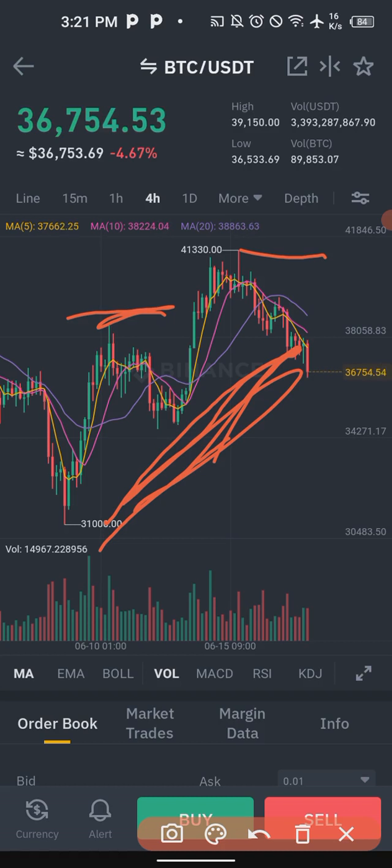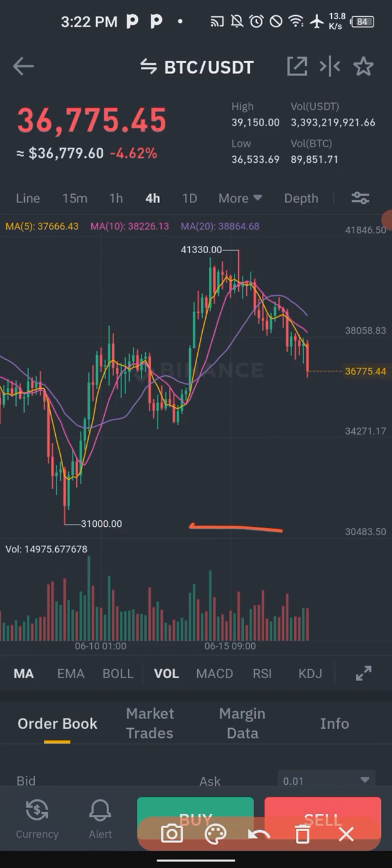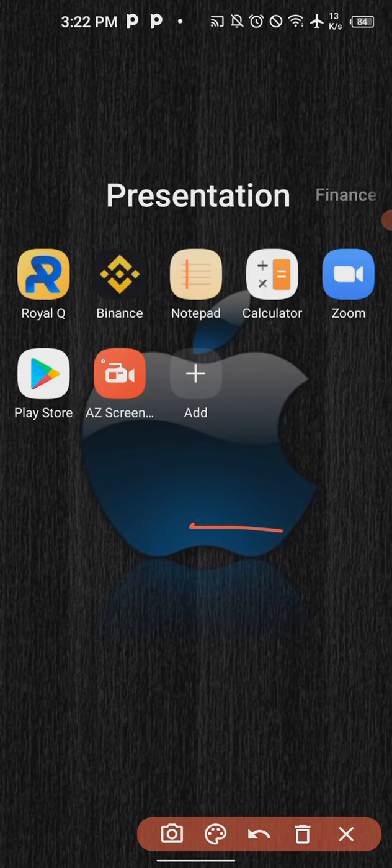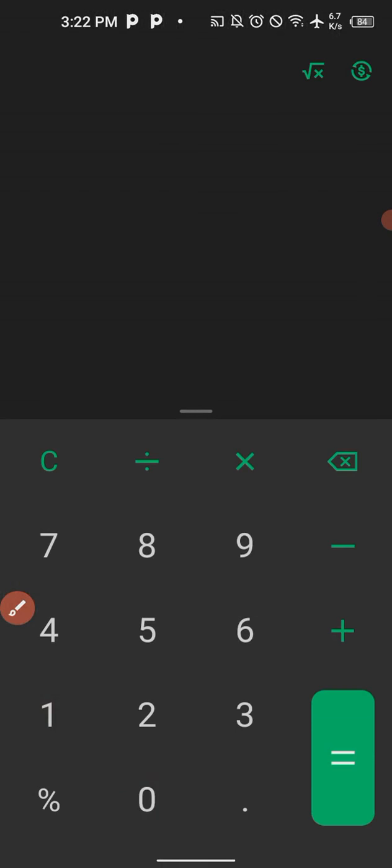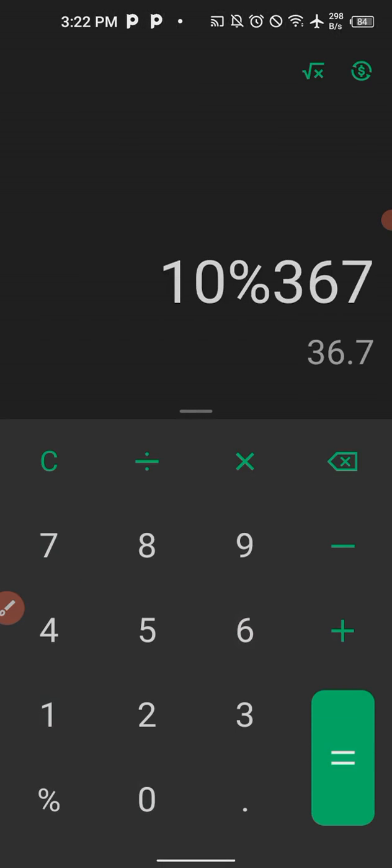Now, if you want to trade crypto, what would be the implication for you? Let us say you're entering the market right now. The market right now is 36,776. And let us say you want to take 10% on this coin. If you're taking 10% on this coin, that would be what? If you want to take 10% of 36,700. So let us go to our calculator. 10% of 36,700. That will be